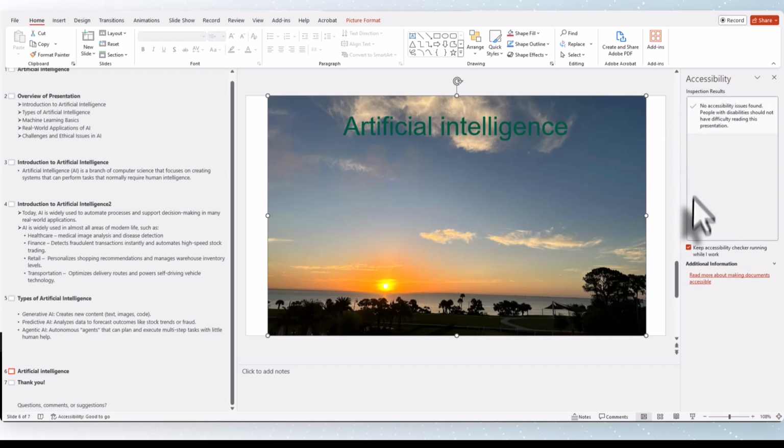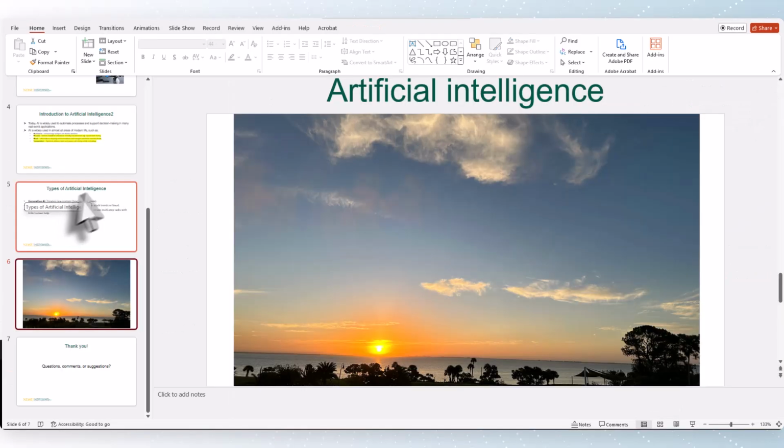And then make sure that below this you have the keep accessibility checker running while at work. Make sure that is checked so you don't have to do a ton of work at the end of your presentation, and you can do it as you go, and you won't have to do it in one lump at the end. So that is an overview of